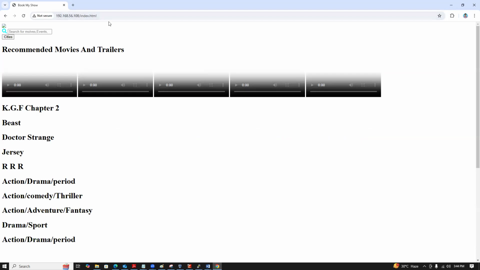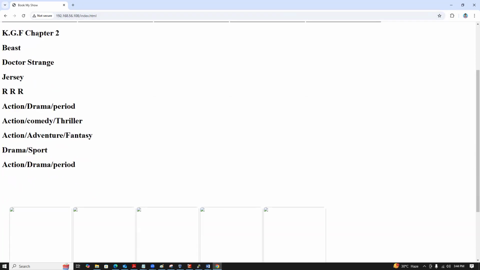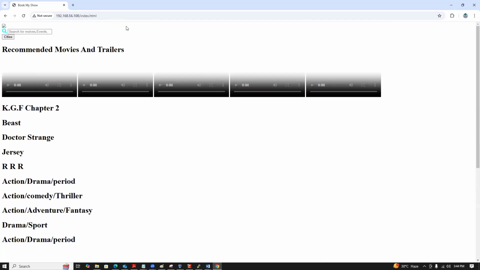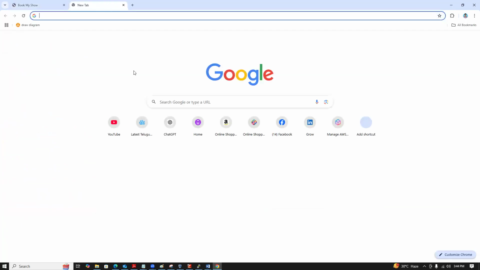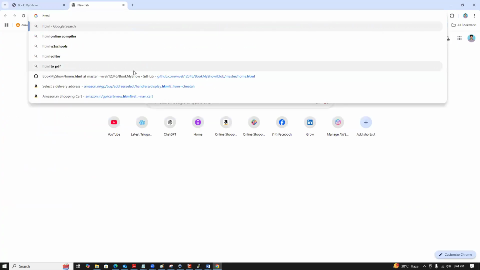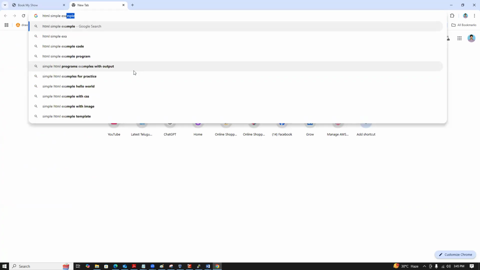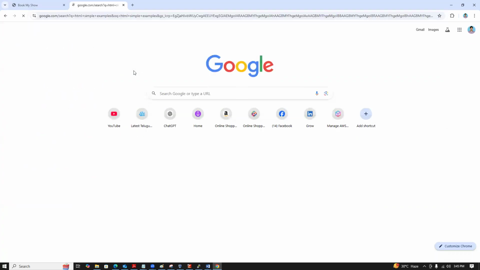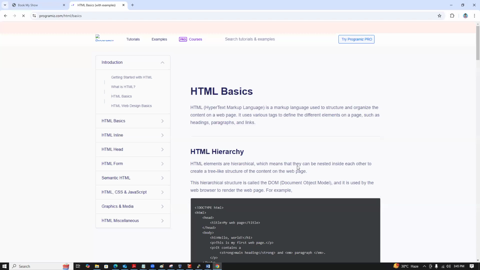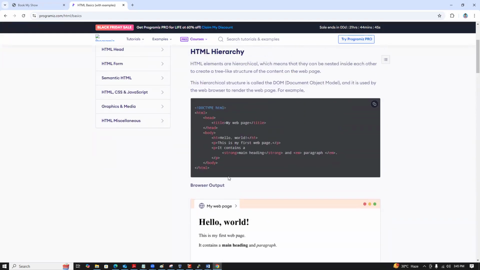You see, guys, so this is the page of BookMyShow. KGF Chapter 2, Beast, Doctor Strange, Jersey, Triple R, action, drama. If we click, it will go to another page, but we just created one page. So this is a BookMyShow page, or else I will show you simple HTML examples. So for example, this is the